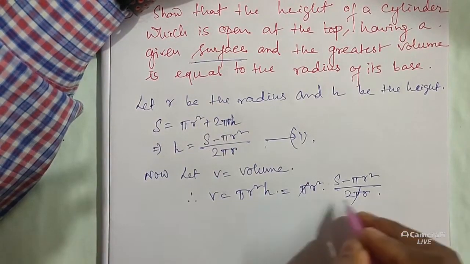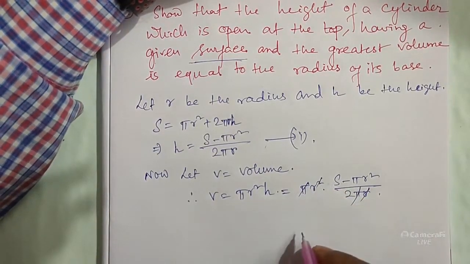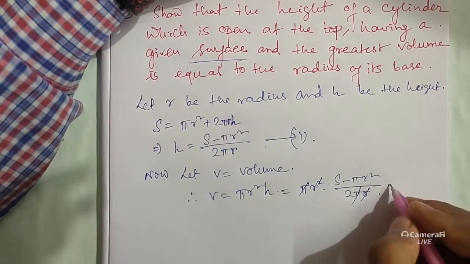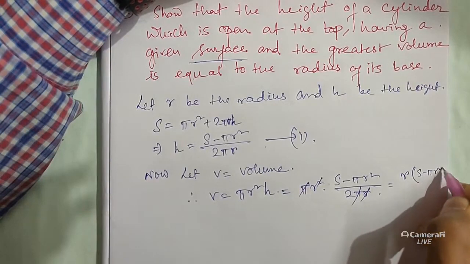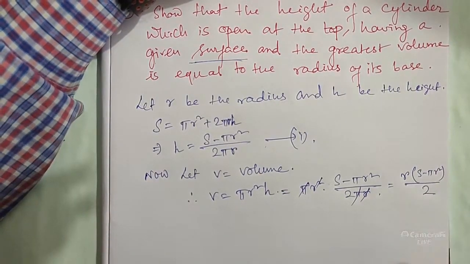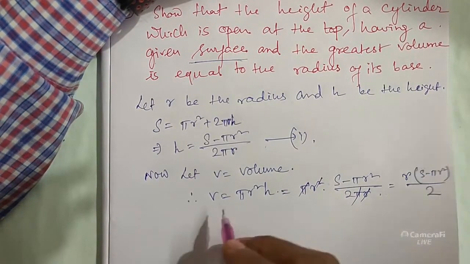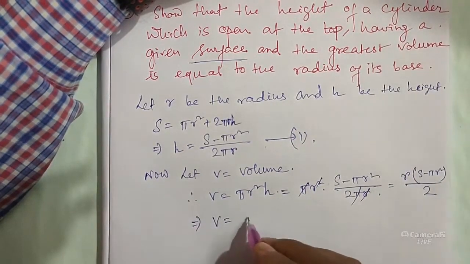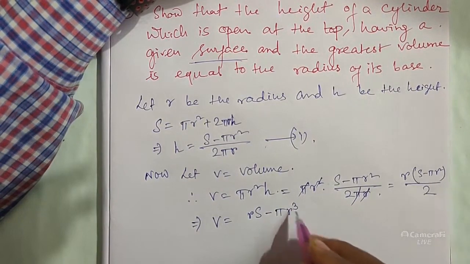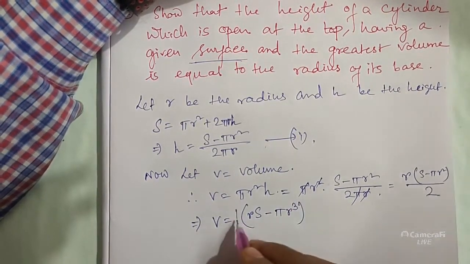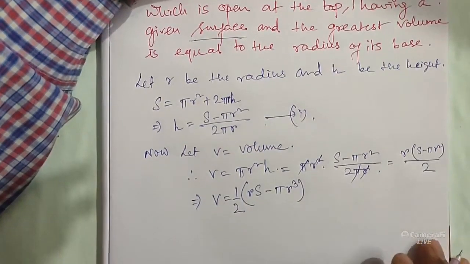So here pi cancels, 1 r will cancel with this. So what is coming? R into S minus pi r square by 2, which implies V equals Rs minus pi r cube, whole into half. This is the value of V,